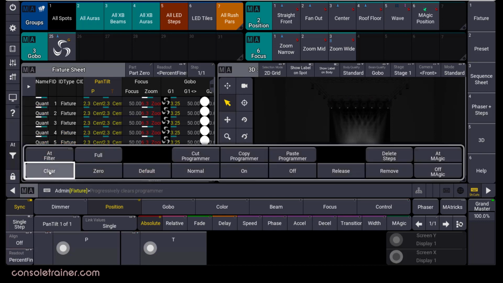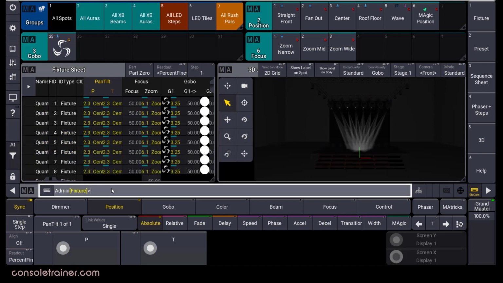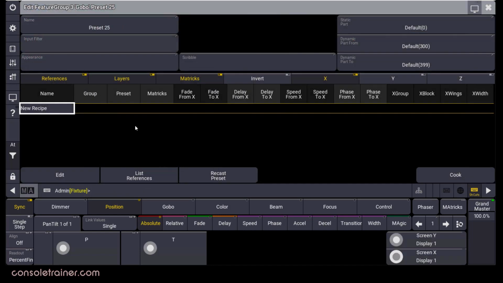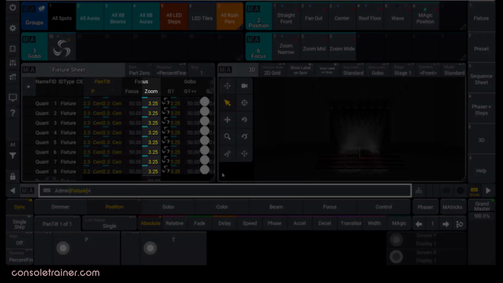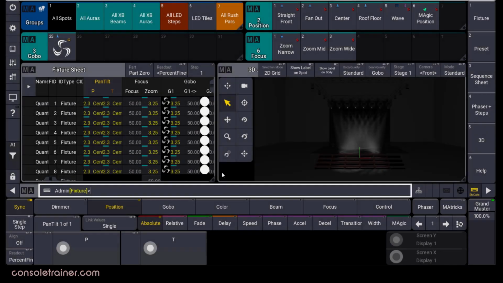So that stores, and next time I grab those lights and touch this gobo, they're going to go wide, sure. But right now, it hasn't changed my existing cues. If I recast this preset now, my cue is going to be updated with the new zoom information, even though I already had been using my narrow zoom preset in this cue, and this is the expected functionality in version 1.4.